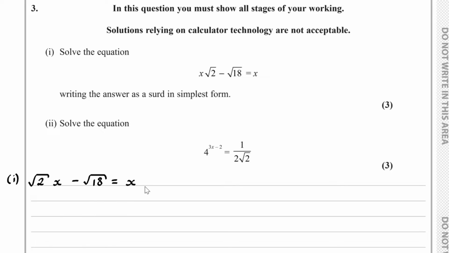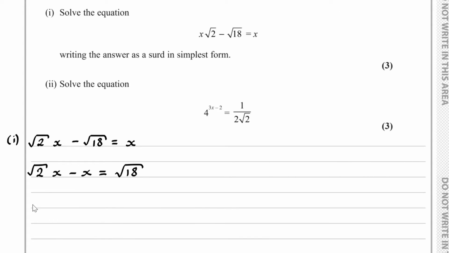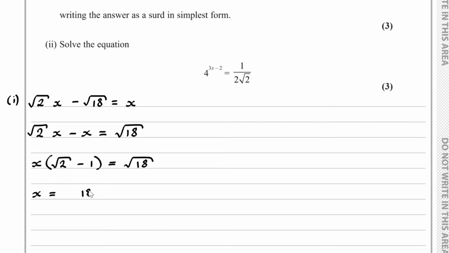Now we have here a linear equation, so let's gather all the terms involving an x on one side, and all the terms not involving an x let's take to the other side. So we have root 2 x minus x, this is equal to root 18. And hopefully you can see on the left hand side we can factorize out an x. So we have x lots of root 2 minus 1. And on the other side we still have this root 18. And for us to find out what x is, we would have to divide both sides by root 2 minus 1. So x is equal to root 18